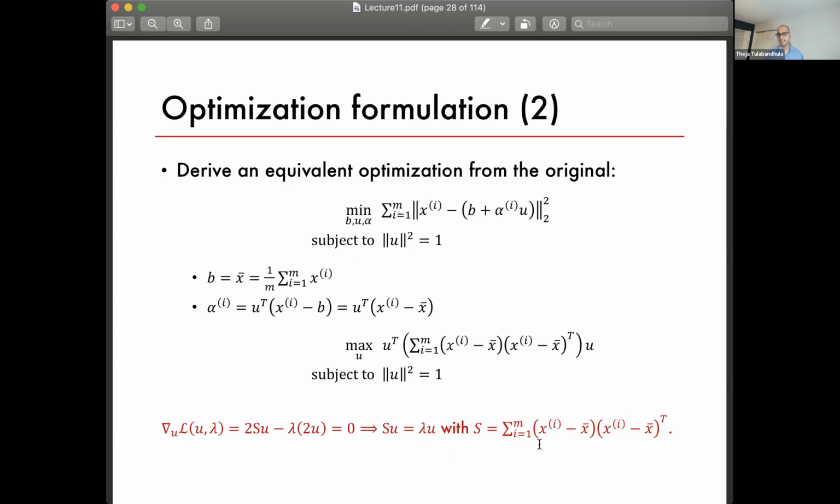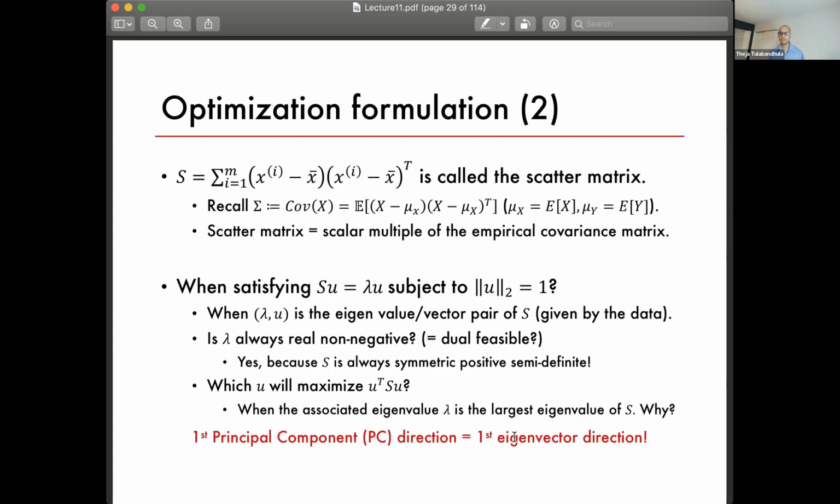But S here is a scaled version of the covariance matrix. S is just each data point. First of all, add up all your data points and get a final averaged vector. From each data vector, subtract that vector, so you get the new vector. Then take an outer product with it. This is an outer product. Then sum up each of the outer products. There will be m outer products. You sum them up, that's S. That's also a function of data. As Shiva mentioned, it's called the scatter matrix. For simplicity, if you don't want to remember another term, it's just a scaled version of the